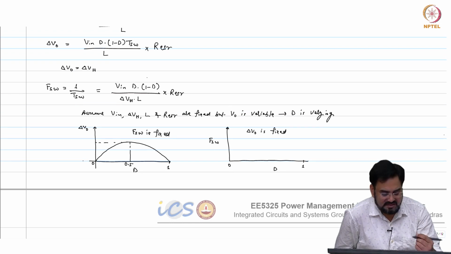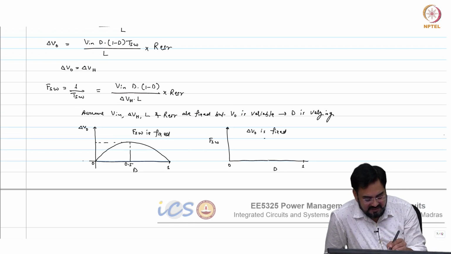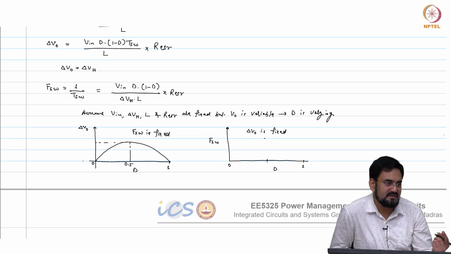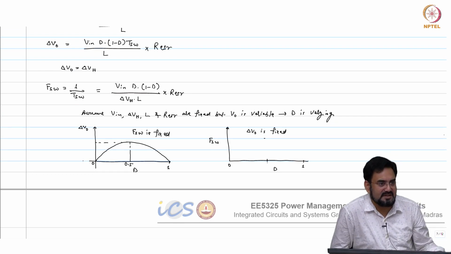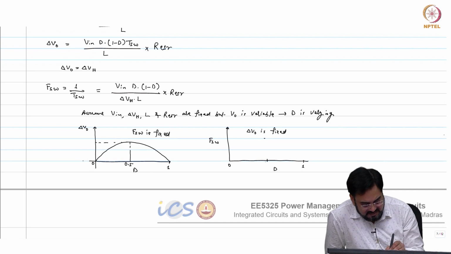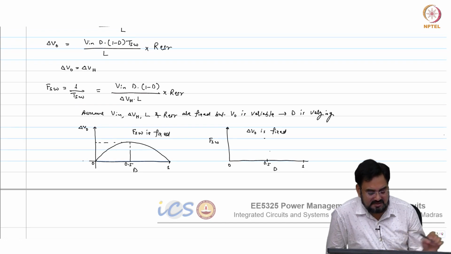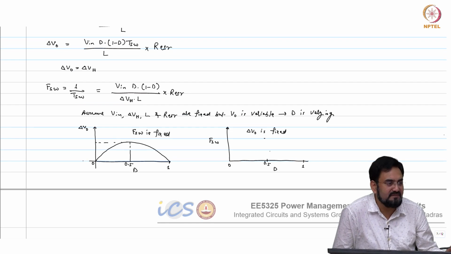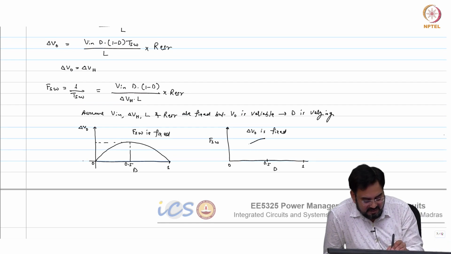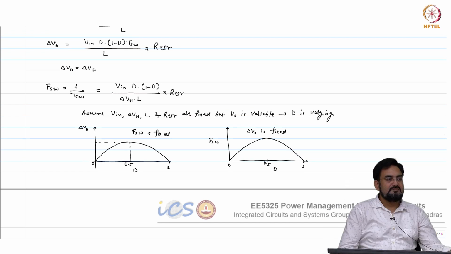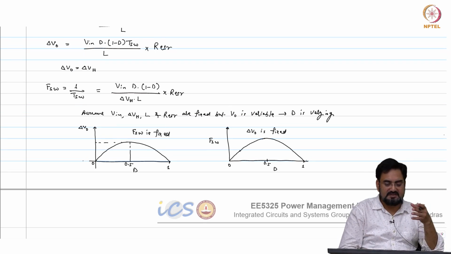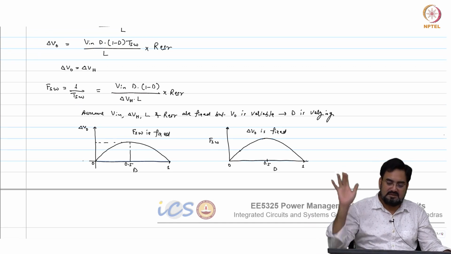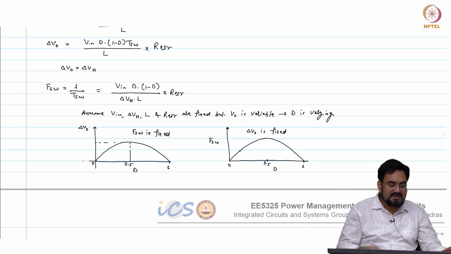Okay. So which means whatever you had here at roughly 0.5, it will be 1/10 of that, or it is 0.09 actually. So it is slightly more than that, but roughly you can say that. So the peak, the maximum frequency will be at 0.5, then it will start reducing. So it will have the same profile. Which means as long as I am operating around 0.5, my frequency will not vary that much, but the moment I go to extreme duty cycles, my frequency will look very bad. So this is only with the duty cycle.